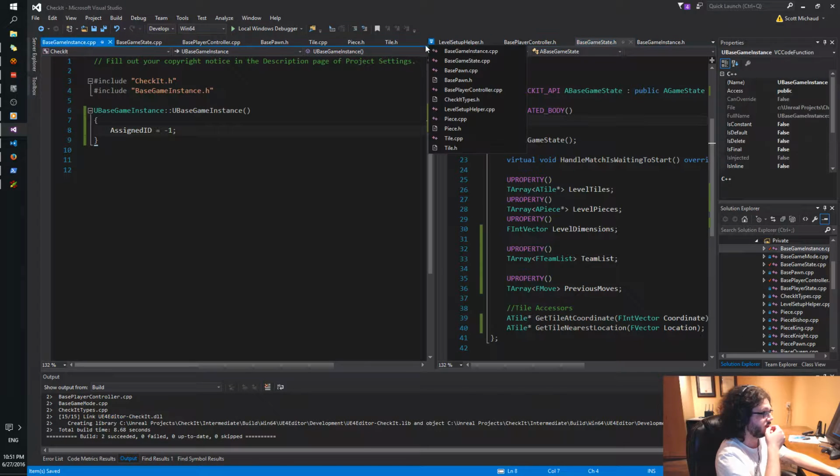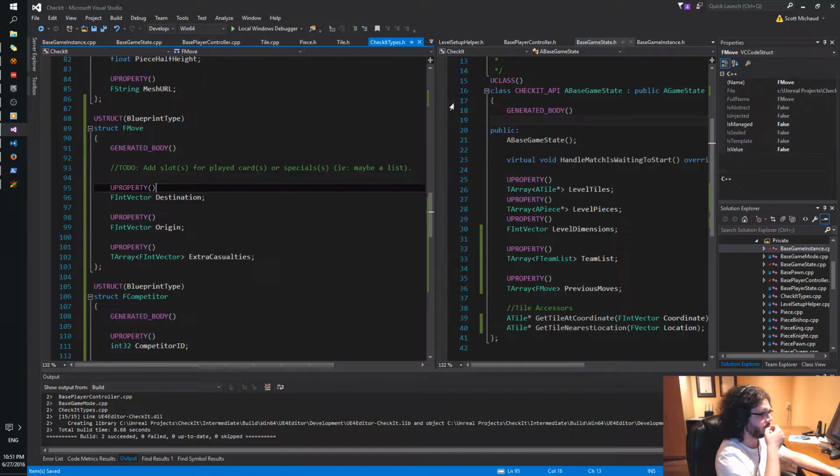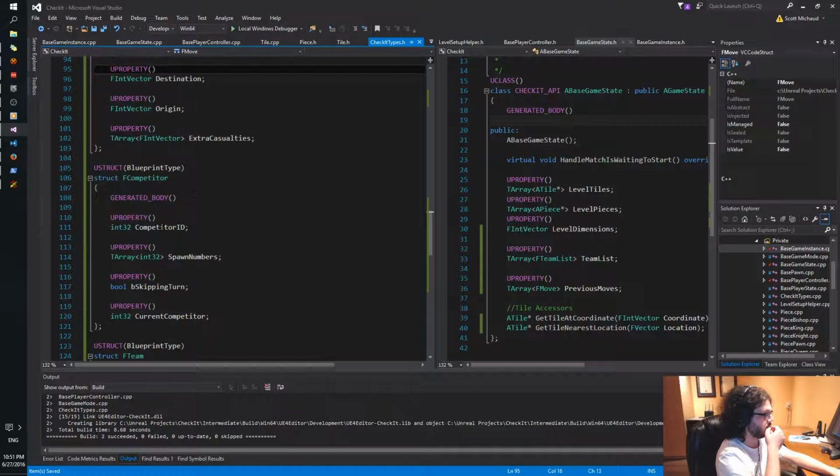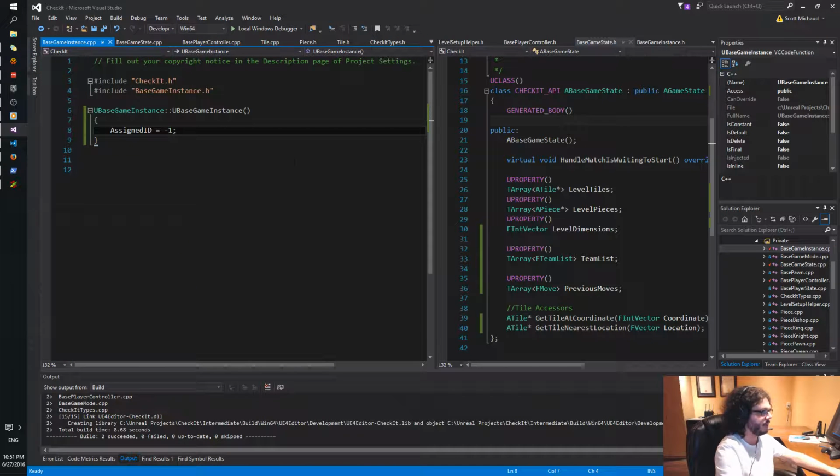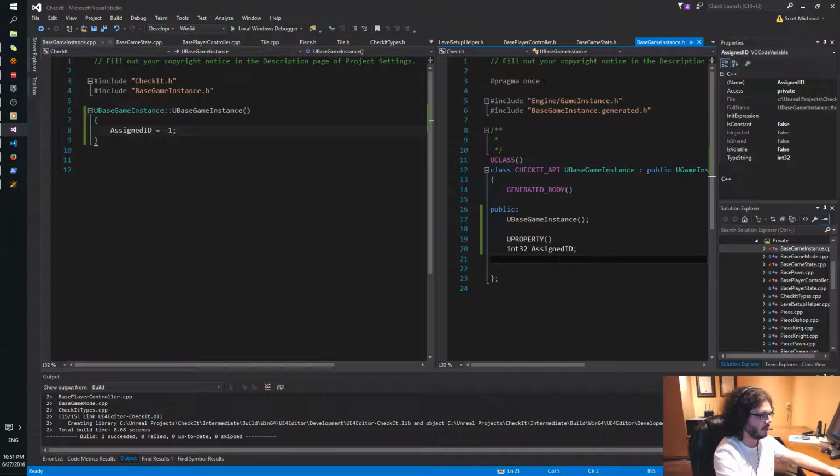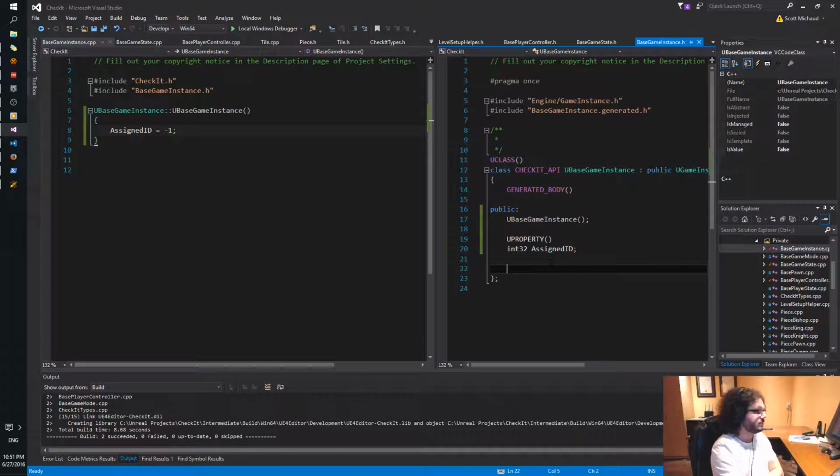I'm trying to make sure that I didn't accidentally mess myself up, because I know that Epic has some things labeled ID and I didn't want to have any name collisions. I know I had a problem with that earlier, but I can't remember what it was.